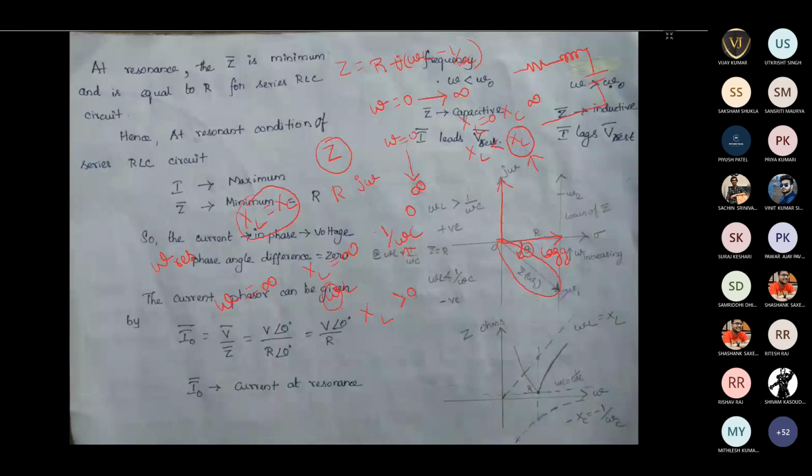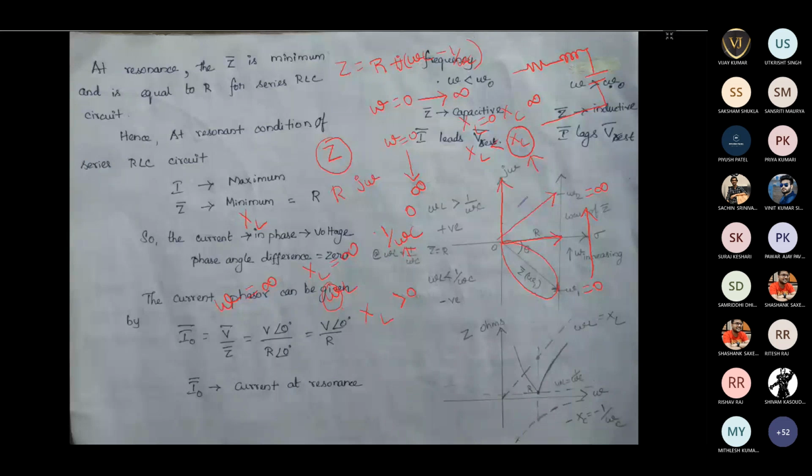So if you consider Z like a voltage and R like a current, it is easily understood that the voltage is lagging the current by a certain angle. This R is the real component and Z is the overall component, so the overall component will be in the fourth quadrant when omega is equal to 0. Now we are changing omega from 0 to infinite. This is the 0 value and this is the infinite value. When changing in this fashion, this vector moves from this end to this end and comes to its final position.